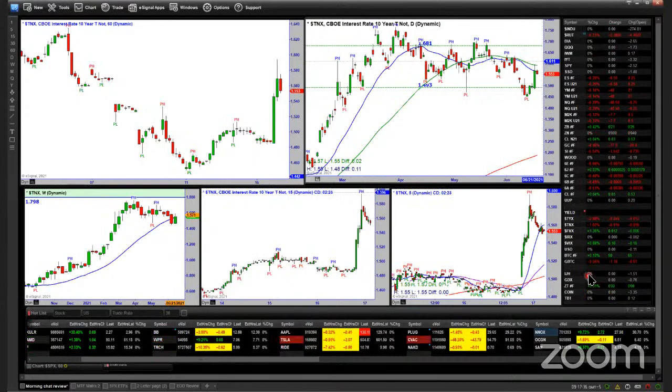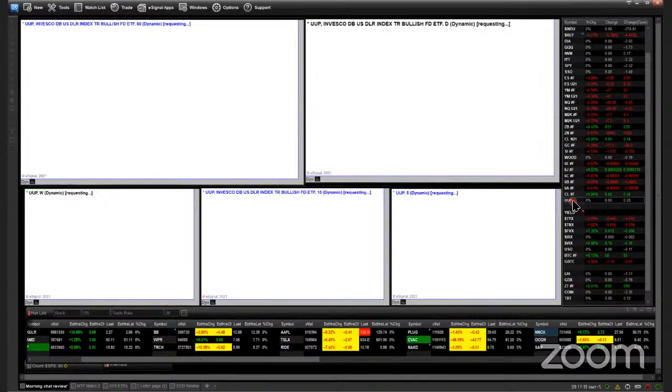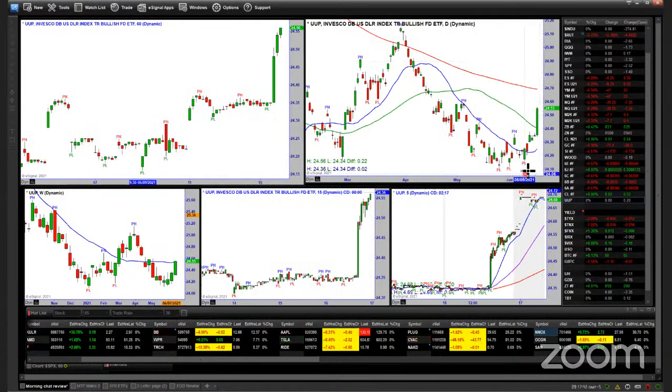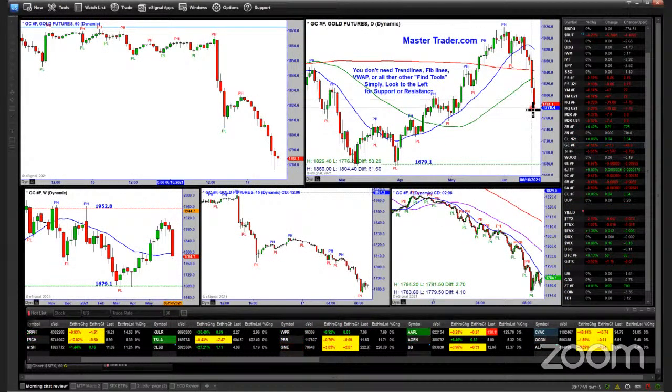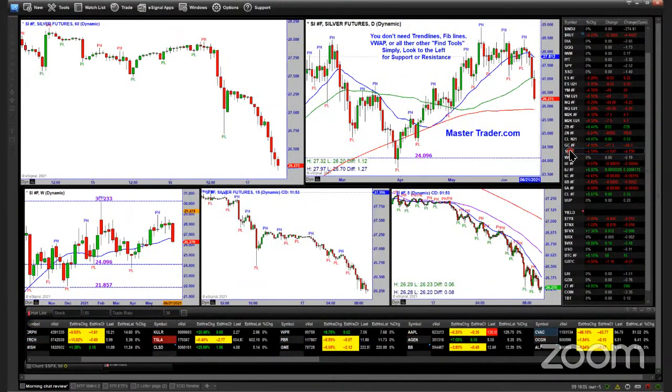We talked about the euro and the dollar, and of course gold got shellacked on the strength, the turnaround in the dollar, and they're connected. You see, gold just got crushed as the dollar began to bottom out. So it ain't getting to 2000, not in the near term anyway. And silver suffered the same clobbering. So the dollar and these metals have this inverse relationship, and now crude oil.